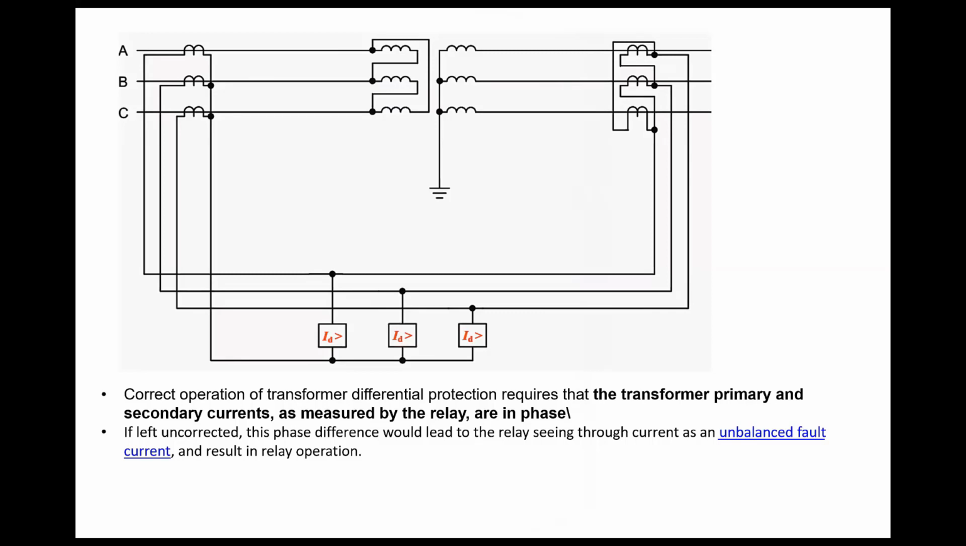Moreover, the CT ratios are also different when we implement a current differential scheme in transformers, because the primary side rated current is different from the secondary side rated current. So these 2 points you have to remember when you are implementing the current differential scheme for transformers. Here in the diagram,